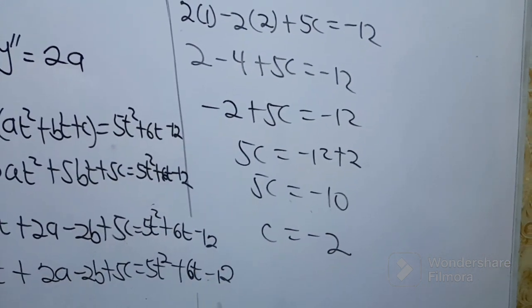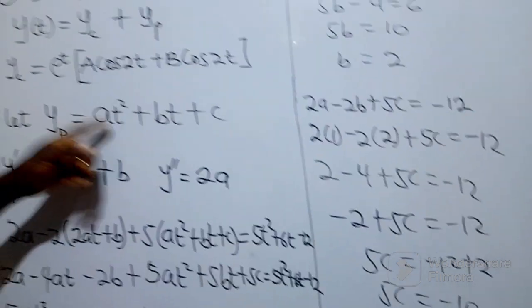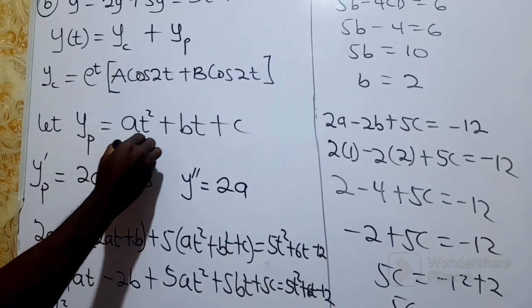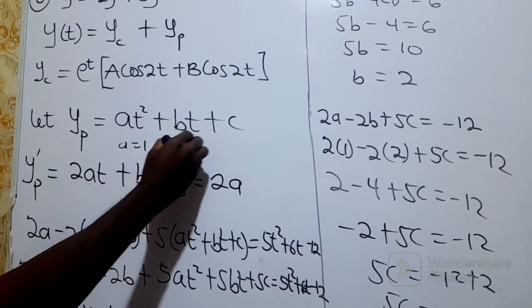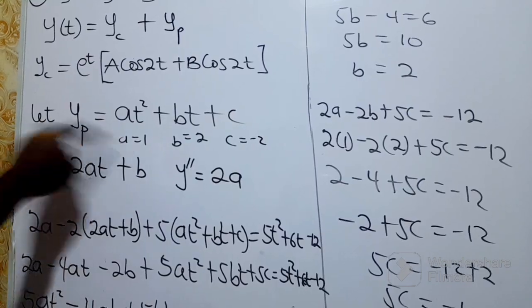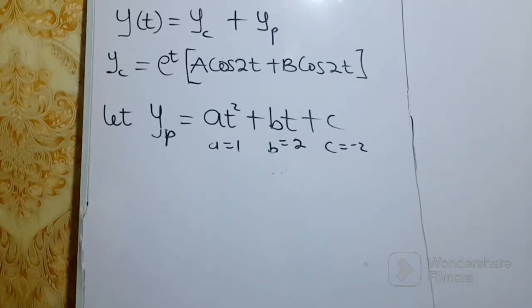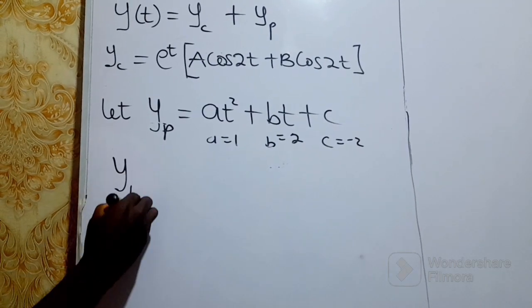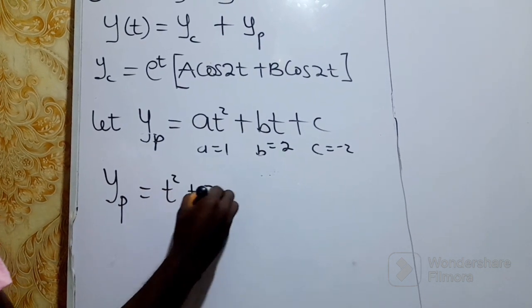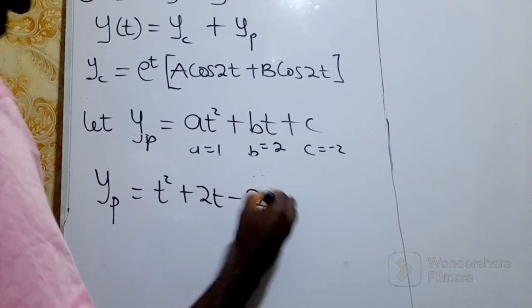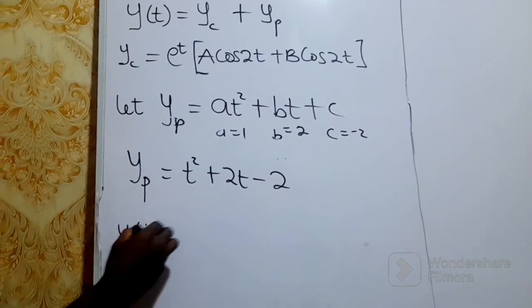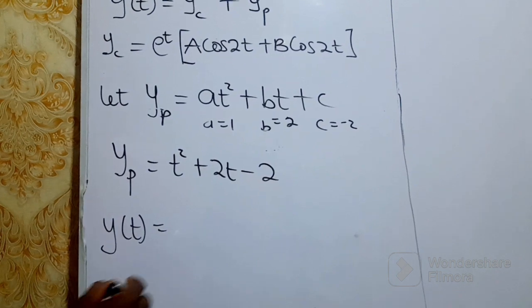So, having known that, we substitute here. So we know a to be 1, b is equal to 2, and c is equal to negative 2. We substitute here to get the y of p. So our y of p will be equal to t squared plus 2t minus 2. So we can say our general solution, or the complete solution to our differential equation, will be equal to the